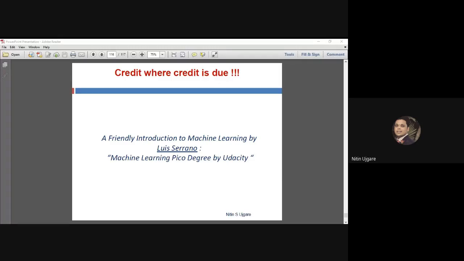Okay. My question to all of you is that we have seen the different machine learning algorithms. Now my question is, which algorithm to use and when to use? Please give me an answer. We have seen that there are so many machine learning algorithms, but which algorithm to use? How do I decide which algorithm is best for my machine learning problem?